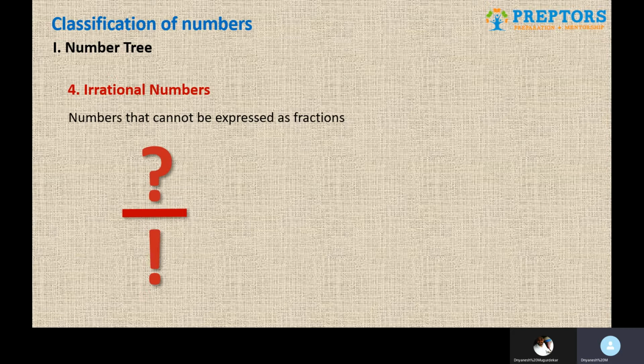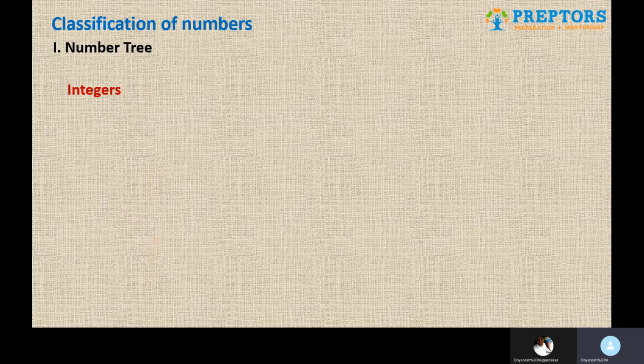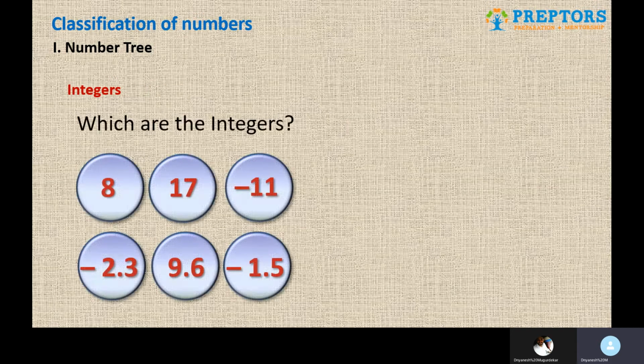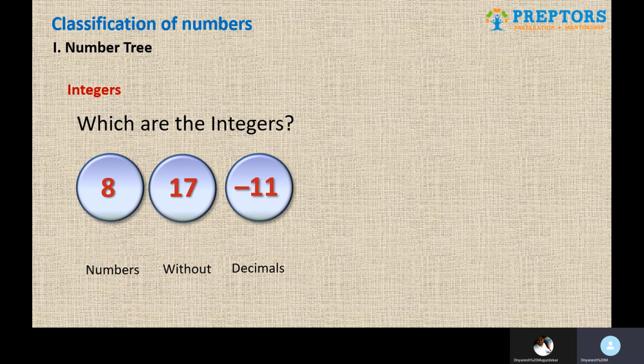Then we will further start with rational. Rational can be further classified into two types, integers and fractions. And integers, what are integers? One simple definition of that is numbers without decimal. Numbers without decimal. Three words you have to remember and you are good to go. It can be positive, it can be negative, it can be anything, as long as it is not in decimal. That is all integers.